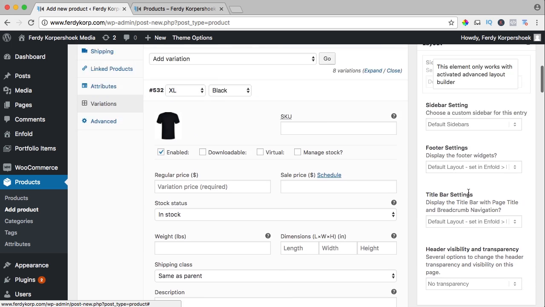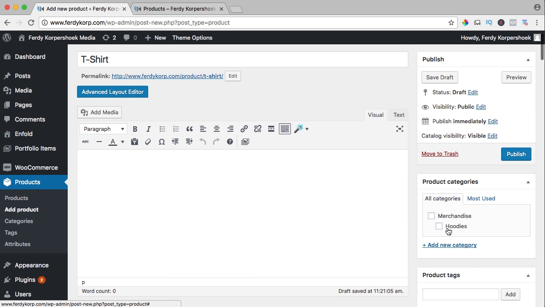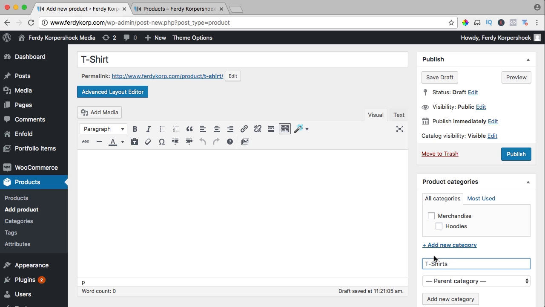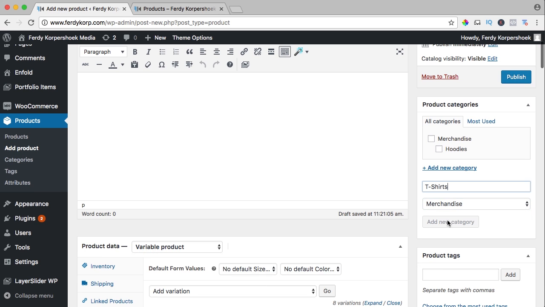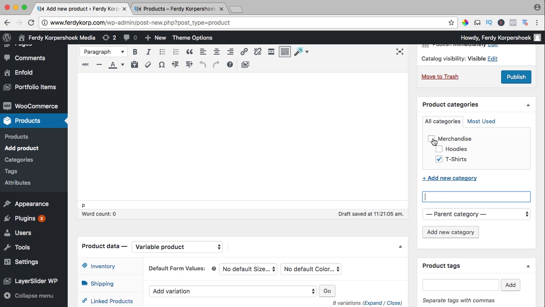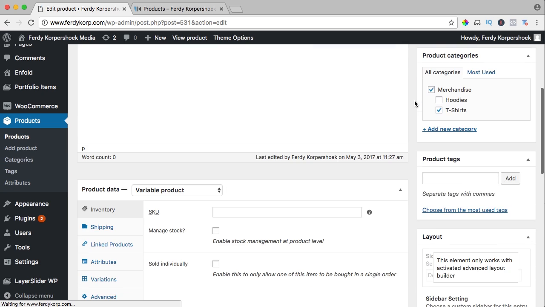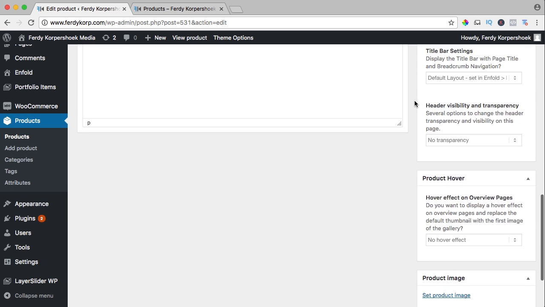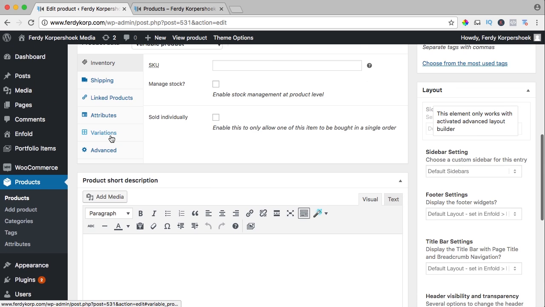Meanwhile, I want to save it, or I want to publish it. The category is t-shirts, which is also a child of merchandise. So I add a new category, and I select merchandise, and I publish it. Then I scroll down again, and I continue. I go to variations,